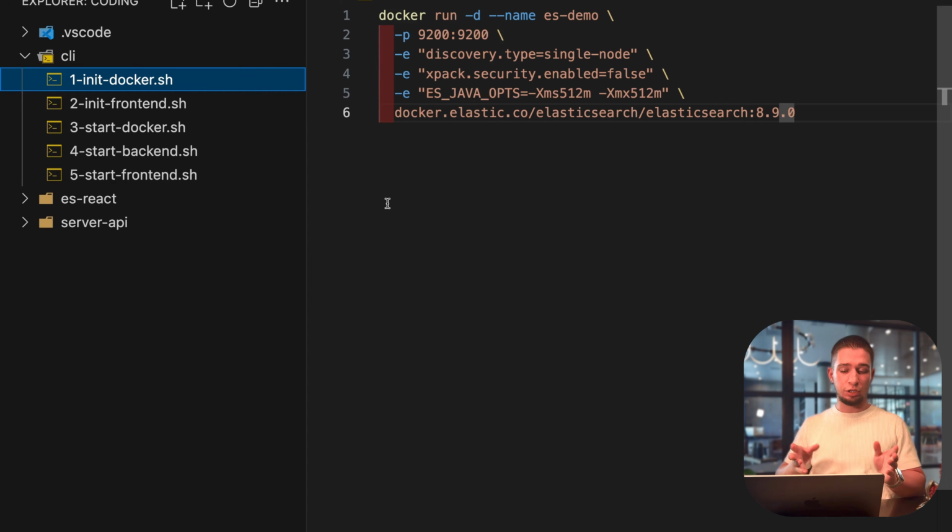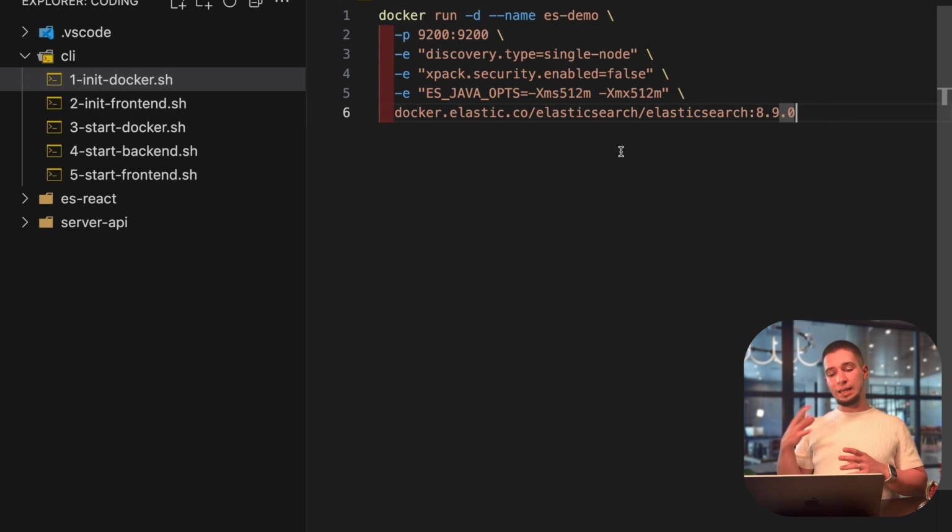So we're taking Docker, our favorite one, taking the port 9200, and we're also telling that this is a single node, because if there will be multiple nodes, it will be a little bit harder to configure that. It's not as hard as you can think, but it will be harder for such easy demos. So that's why we're telling that this is a single node.